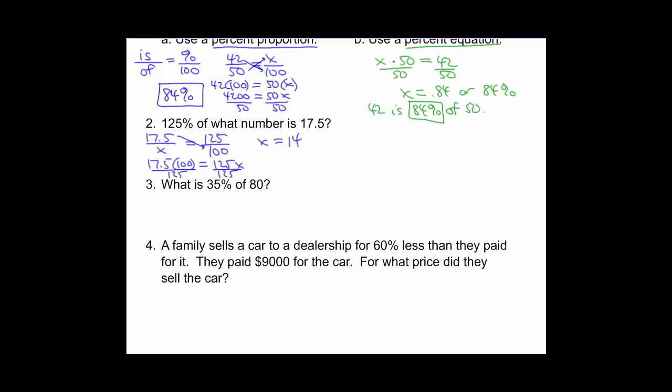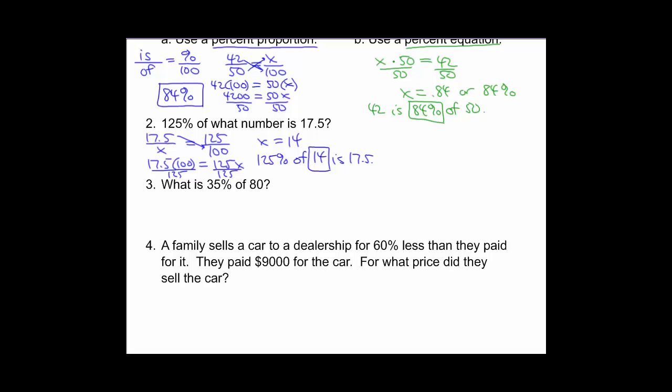So now if I wrote a sentence, 125% of 14 is 17.5. So circling the 14, because that was the missing number that we found. If we did this